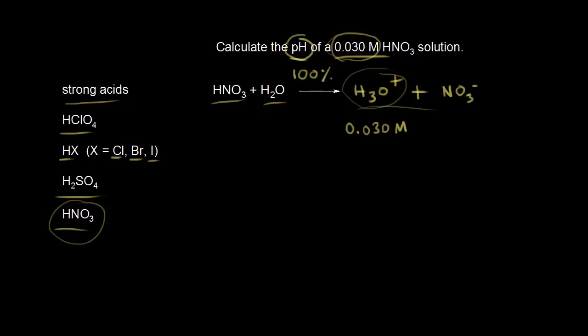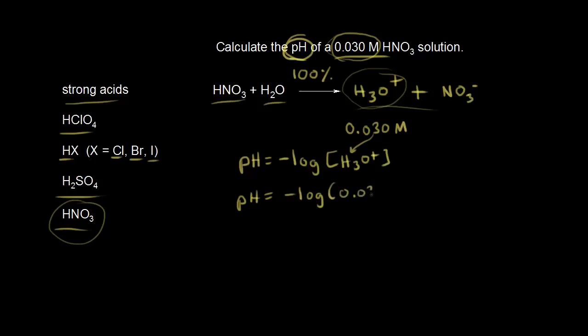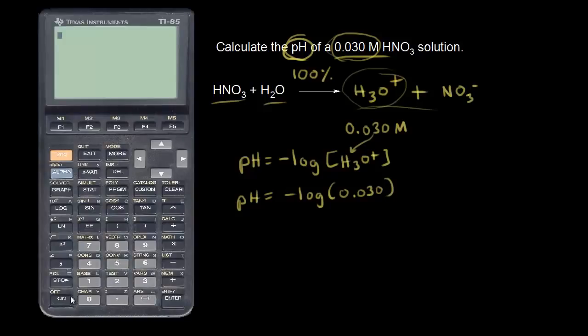So to calculate the pH, all we have to do is plug in to our definition of pH. The pH is equal to the negative log of the concentration of hydronium ions. So all we have to do is plug this number into here. So the pH is equal to the negative log of 0.030. So let's get out the calculator and do that. All right, so we have the negative log of 0.030. So we get